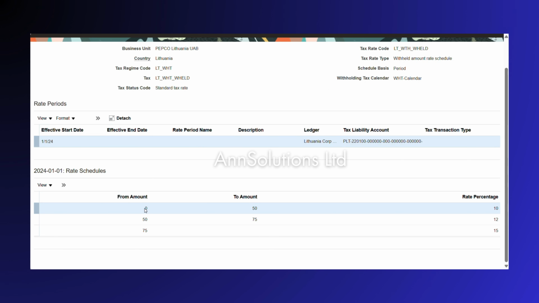Now I'm saying if I'm calculating the withholding tax anything between 0 and 50, the percentage is going to be 10%. I'm going to calculate based on this 10% rate. Anything between 50 and 75 is 12%, and anything beyond 75, with no limit, I'm going to calculate my withholding tax with a 15% rate. Okay,